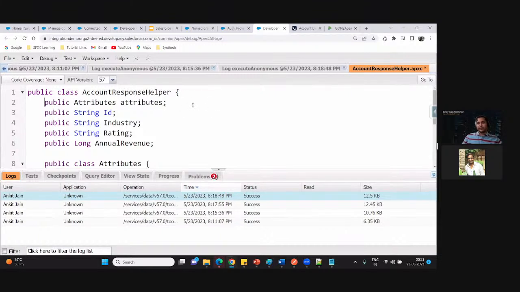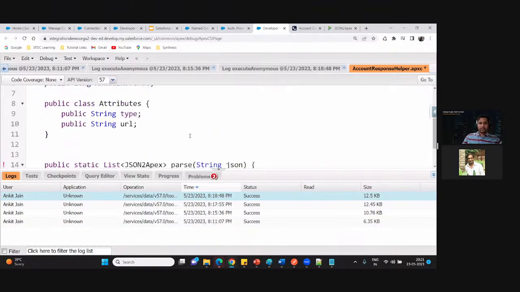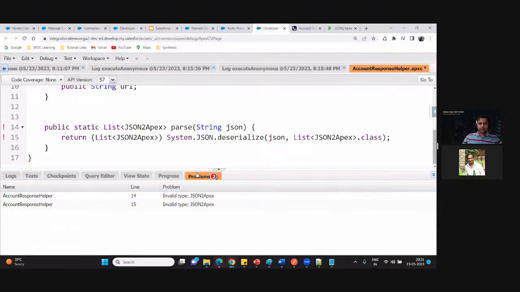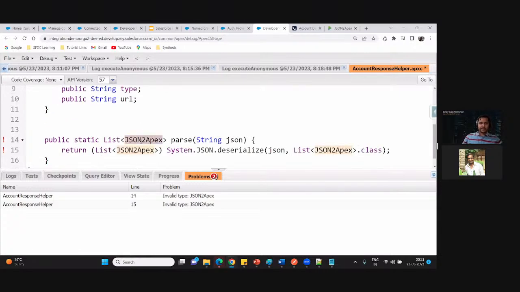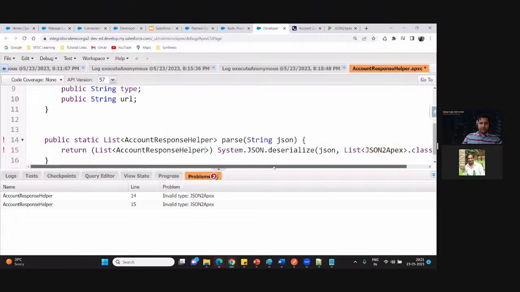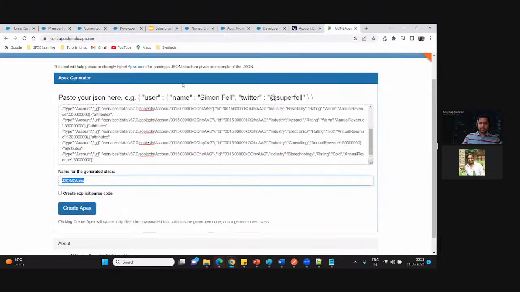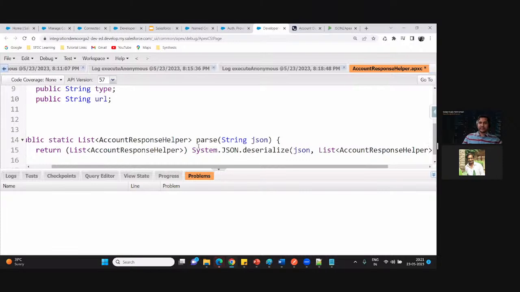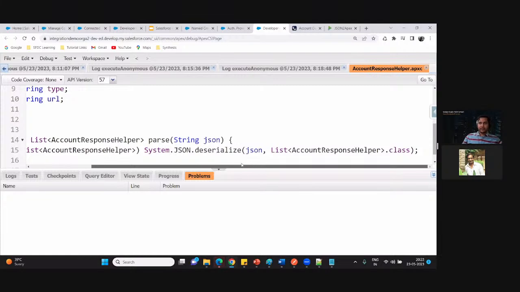Now in this class that utility have created, we do have one method. What is the issue? Let me go and replace this JSON to Apex with this one. Ideally, whenever we are creating this class, here we have to go and specify the class name. I missed that. That's why I'm getting these additional errors. If you go and put the class name here while parsing, then you will not get these errors. But let me fix these errors quickly. Right? I believe we are good now.